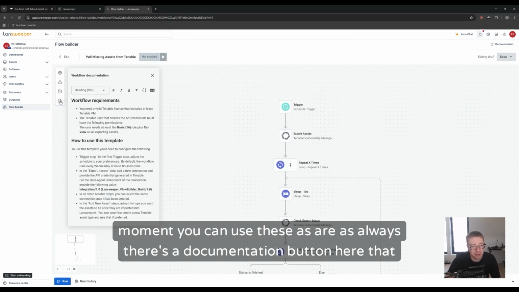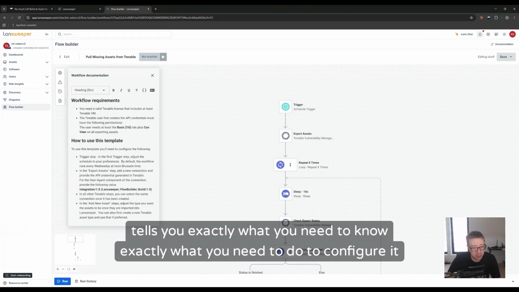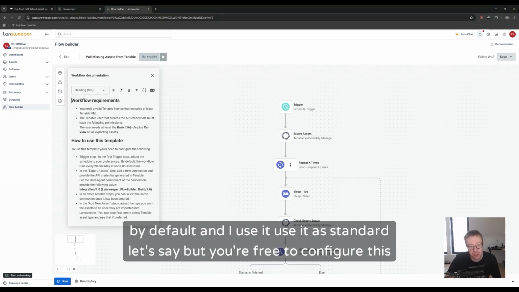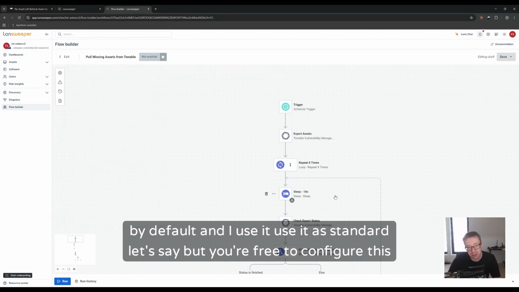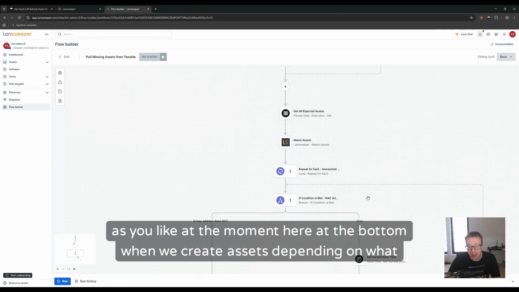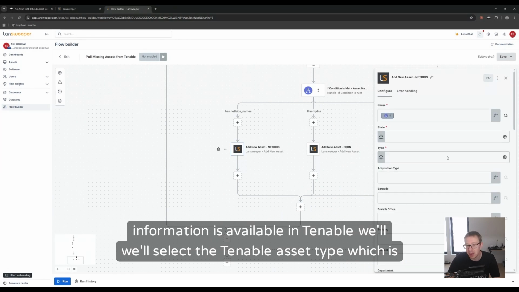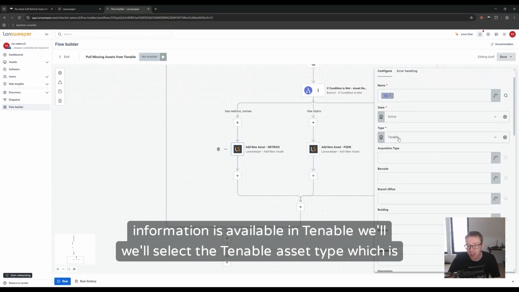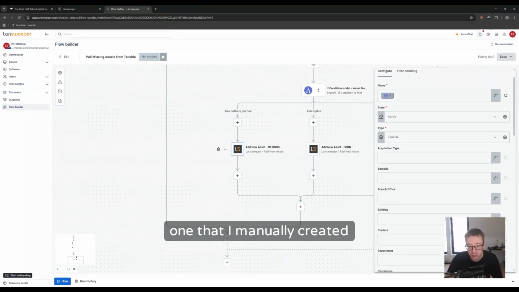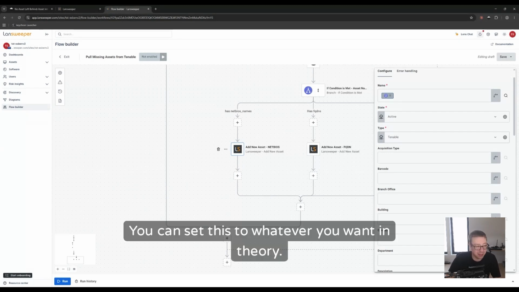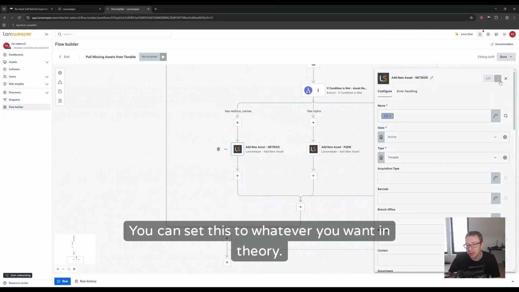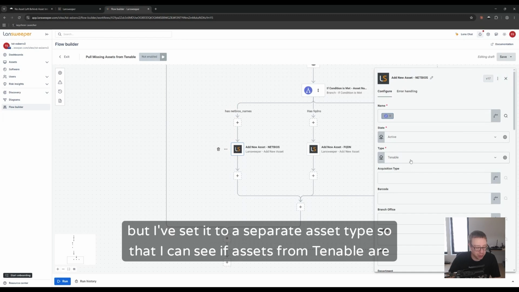As always, there's a documentation button here that tells you exactly what you need to do to configure it by default, and I use it as standard, let's say. But you're free to configure this as you like. At the moment, at the bottom, when we create assets, depending on what information is available in Tenable, we'll select the Tenable asset type, which is one that I manually created. You can set this to whatever you want in theory, but I've set it to a separate asset type